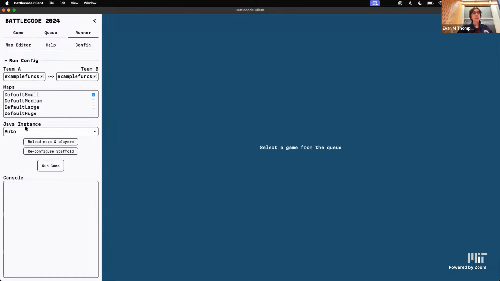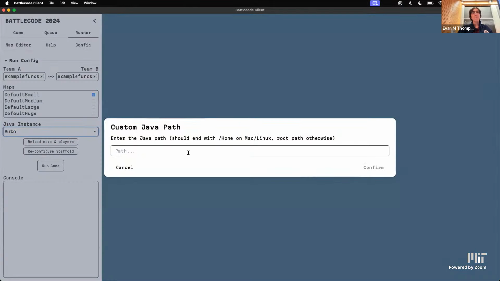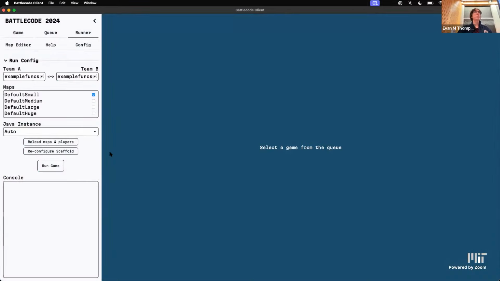And then this Java instance setting is another way that things can get messed up if you don't have the right Java version selected. This tries to locate the correct installation. Here I can see it detected these for me. So auto should work. If this is not working for you, you can hit custom and input that same path that we did earlier into here, and that should hopefully fix the Java problem. But hopefully it should just work by default. So if I hit run,